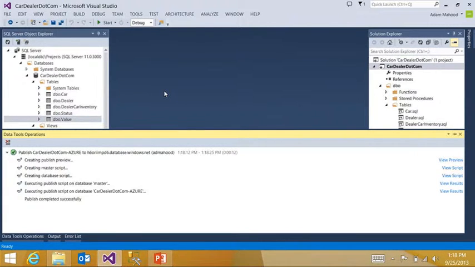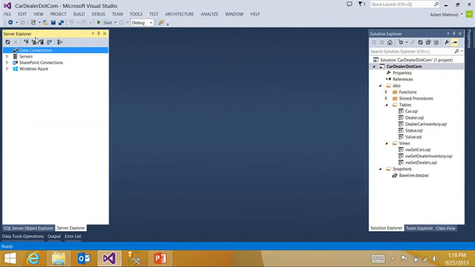But I want to highlight one of the new experiences we've lit up in Visual Studio 2013, hanging off Server Explorer. So if I go to View, over to Server Explorer, you'll see this Windows Azure node. And this node in Server Explorer is really a launch point for navigating and enumerating all of your assets under a Windows Azure subscription, really tying a hybrid experience between your local development environment and your Windows Azure assets. I've already tied this up to my subscription, which takes only a few simple clicks. If I expand this node,